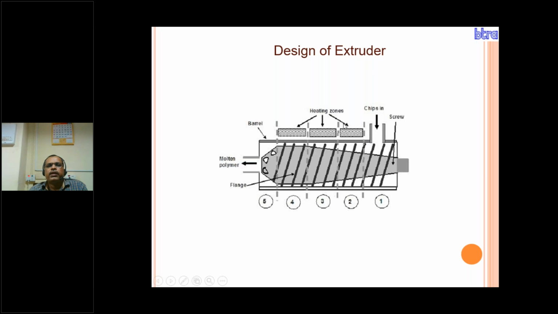So this is the extruder. In the extruder, three heaters are there: 1, 2, and 3. The temperature of these three heaters slowly increases as per the melting point of the polymer that we are spinning. Here we feed the polymer chips, and here the polymer is in solid state, so this space is larger, and when it converts into molten polymer, the space slowly decreases, and by revolution of this screw, it feeds the molten polymer to